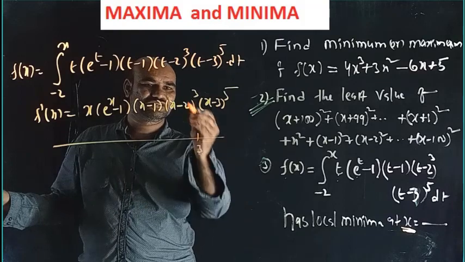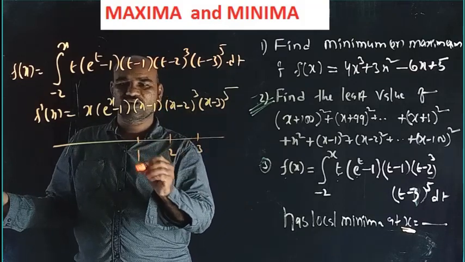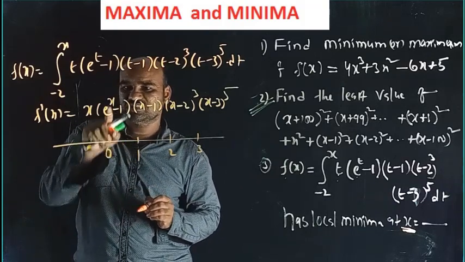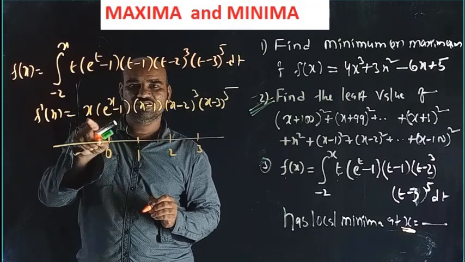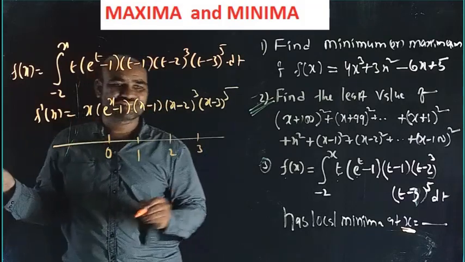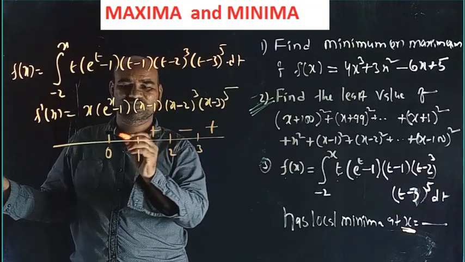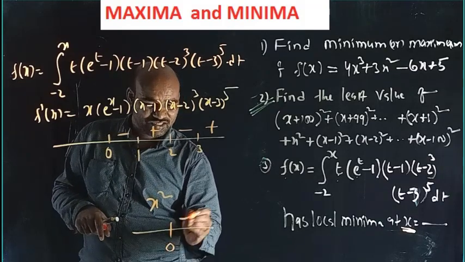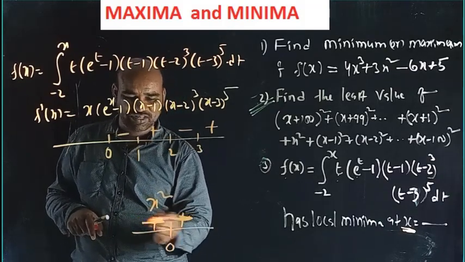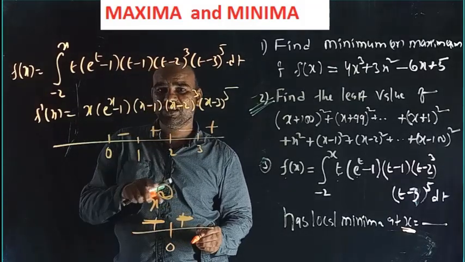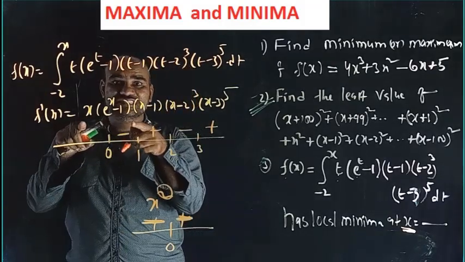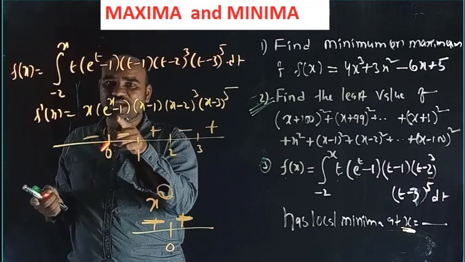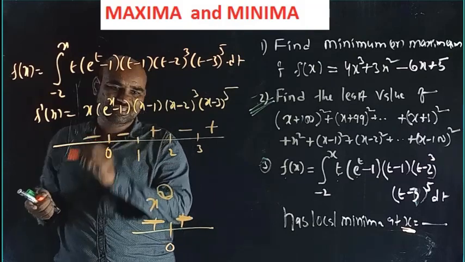So directly I am taking the numbers. See, 3 critical points: 2, 1. This is 0, and this is also 0. Interesting, these two are giving a critical point at x equal to 0. Now apply the sign scheme: plus, minus. Here is an interesting thing. Just like if x square is there, here plus, here also plus, or here minus, here minus, the sign won't change because the power of the variable is even. Here also just like that, so minus again carries minus only. 0 is a root for these two brackets, that's why you will carry minus.